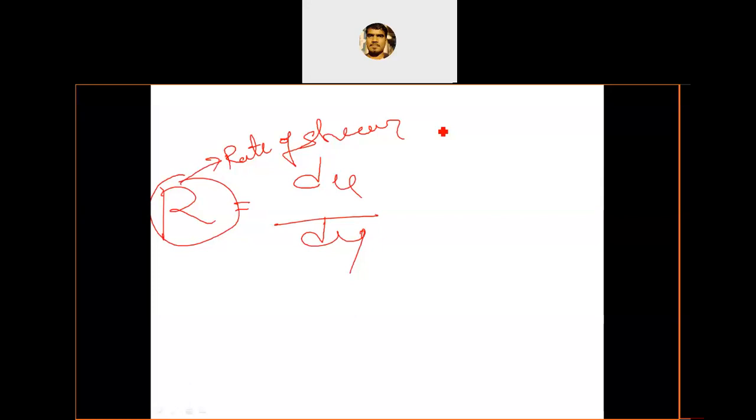If the rate of shear in this oil film is constant, at any point in the fluid film, then we can write it as R is equal to U by H, where R is the rate of shear, U is the velocity and H is the thickness of the fluid film, or gap between moving plate and stationary plate. According to Newton's law of viscosity,